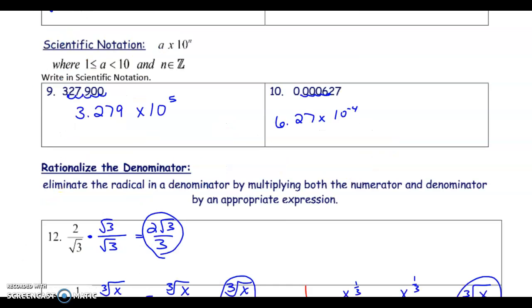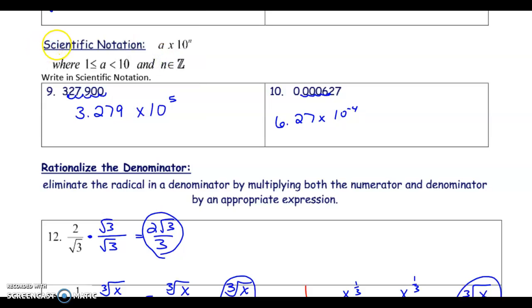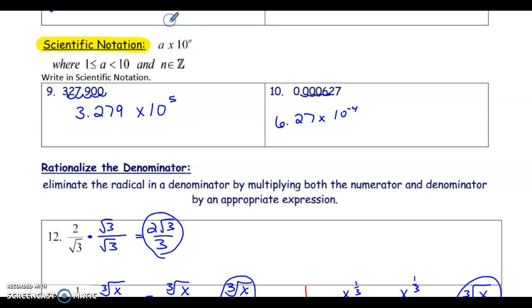Okay, the last thing we haven't covered was scientific notation. These are already done for you, but I just want to remind you how to do this. So you're going to put one number in front of the decimal, and then however many numbers it takes, and then count the decimal